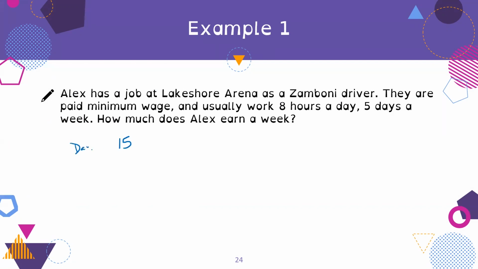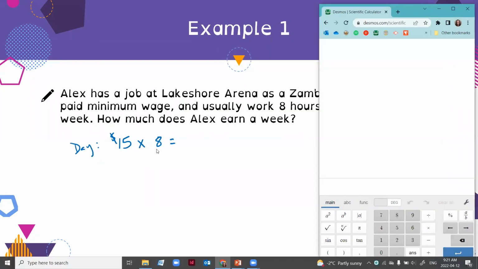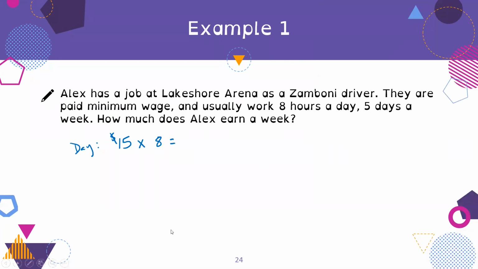So we're going to figure out per day how much Alex makes. So $15 times 8. And we can do this calculation if we want to in our head, or we can use our calculator. So 15 times 8 equals 120. So Alex earns 120 per day. And then they work 5 days a week. So per week, we're going to say that